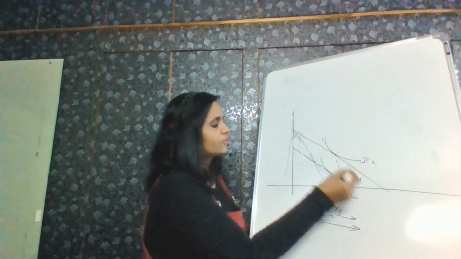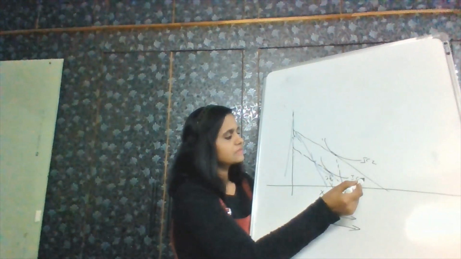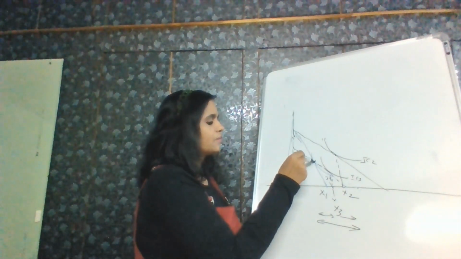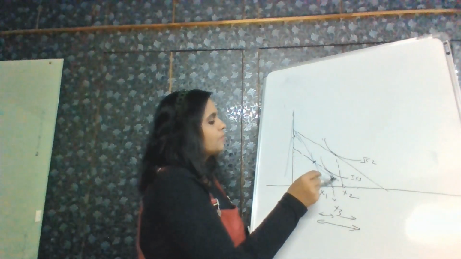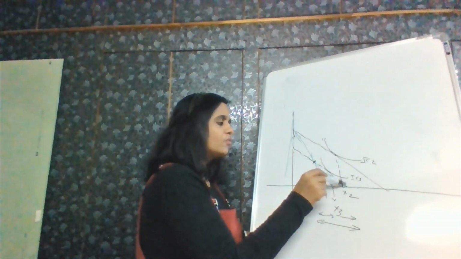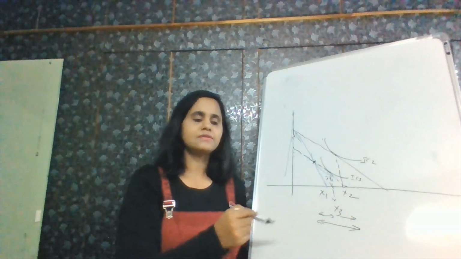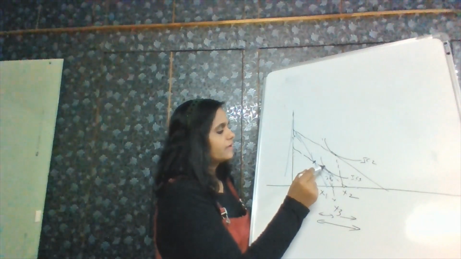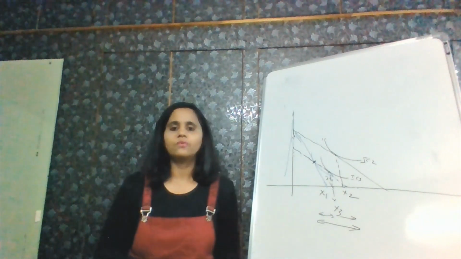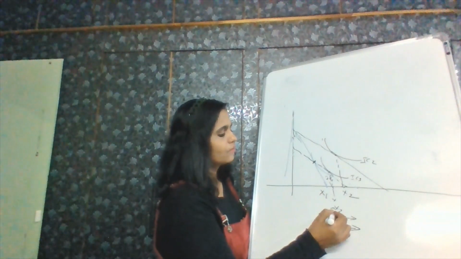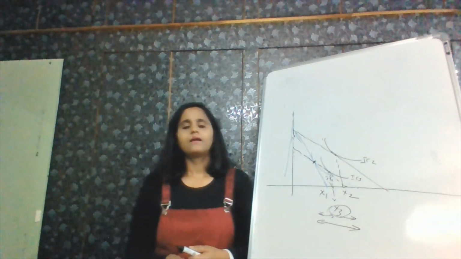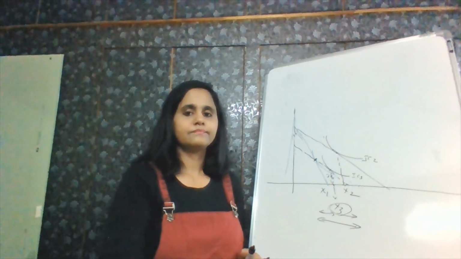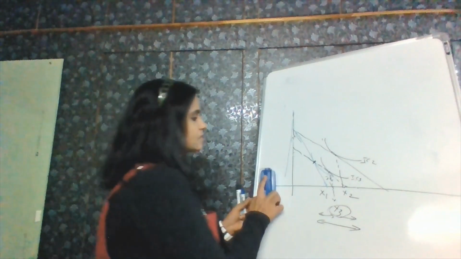So in order to keep that purchasing power constant, you draw a new line parallel to your budget constraint, a new budget constraint, that passes through your old bundle, your old purchasing power. When you draw this parallel line, you get a new indifference curve, which is IC3, and a new equilibrium point where it is tangent to IC3, and you get a new X3 over here. That is your Slutsky demand after adjusting your real purchasing power. Next we will see the derivation of the Slutsky equation.